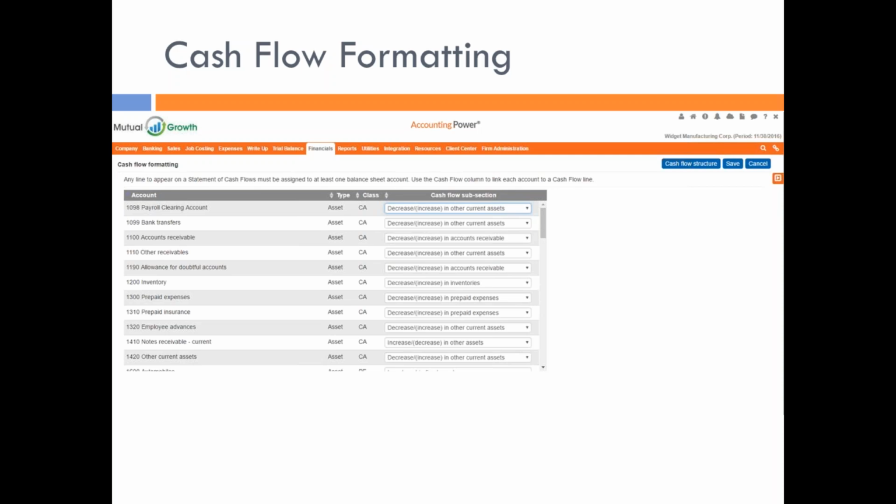And it's pretty straightforward. Based upon the type and the class of the asset and also the category, which I mentioned before, if you've set up the category, we will determine what area we believe that account belongs in on the cash flow statement. So accounts receivable will go into the total for a decrease, increase in accounts receivable. Inventory, we know that it belongs in decrease, increase in inventories. But if you want to change any of these,